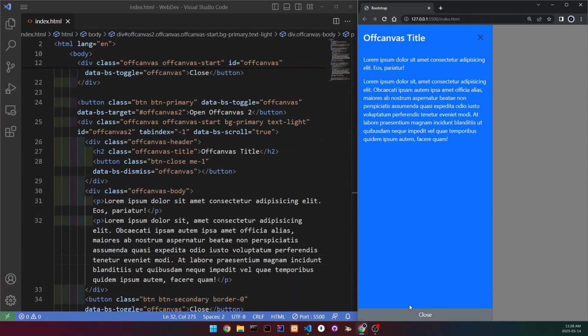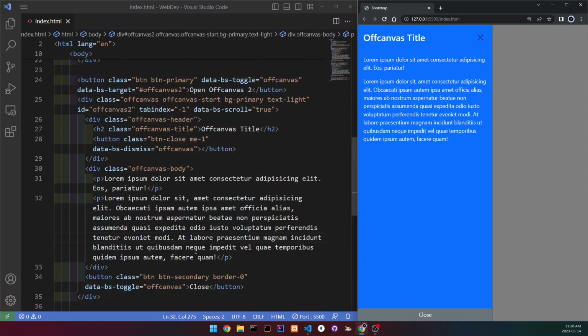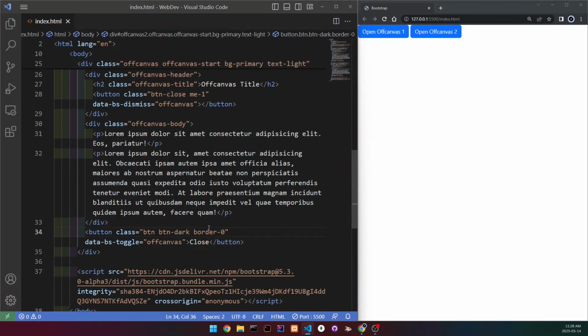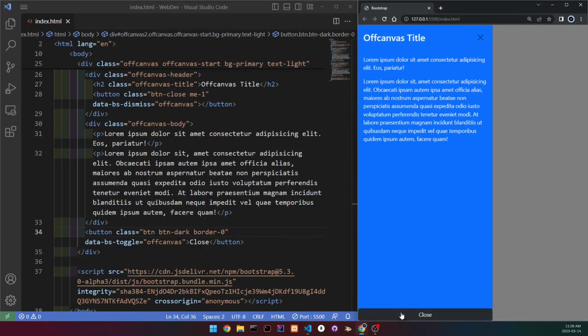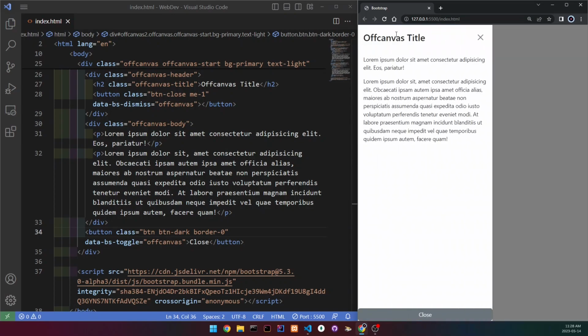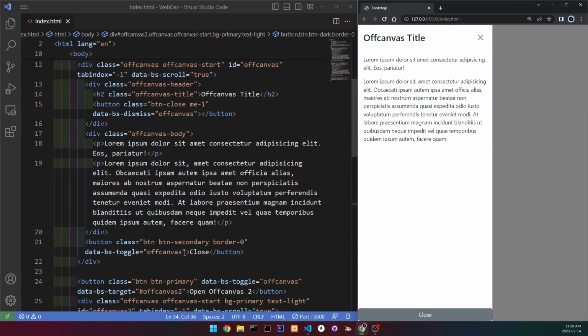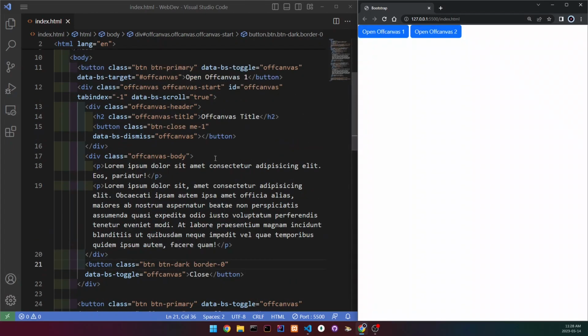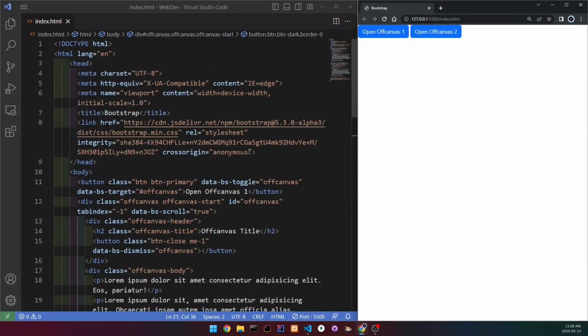And let's actually change the close button to dark. So we're going to scroll down to here and then change this to dark. And so now this is going to be darker, and this off canvas looks a lot better than this one in my opinion. We can actually also change this one to dark. So go up here, write dark. There we go. So we got number 1, number 2,